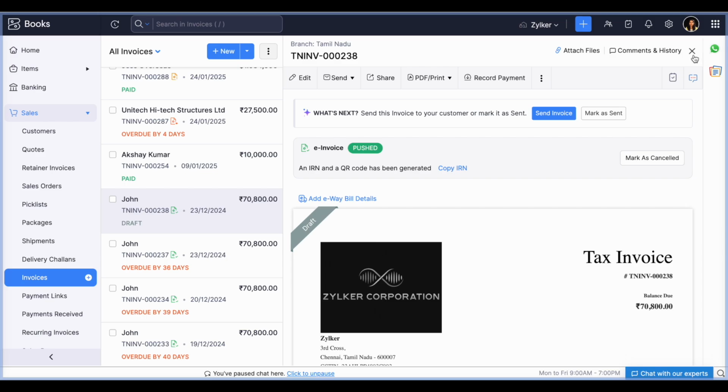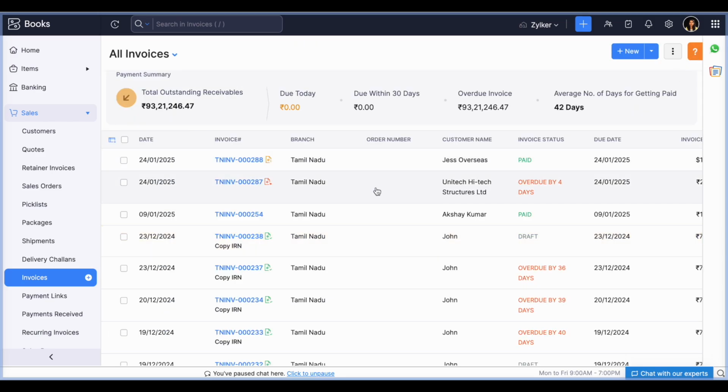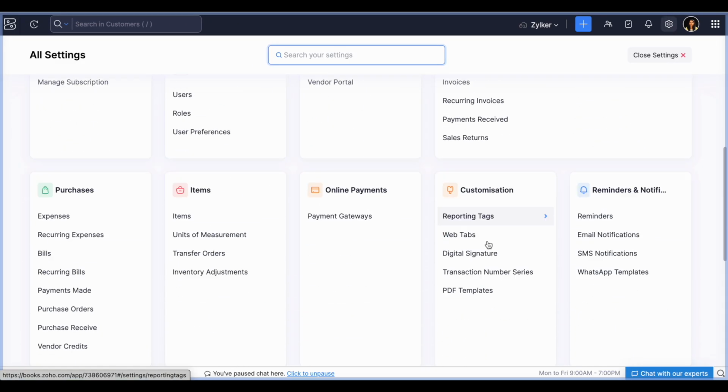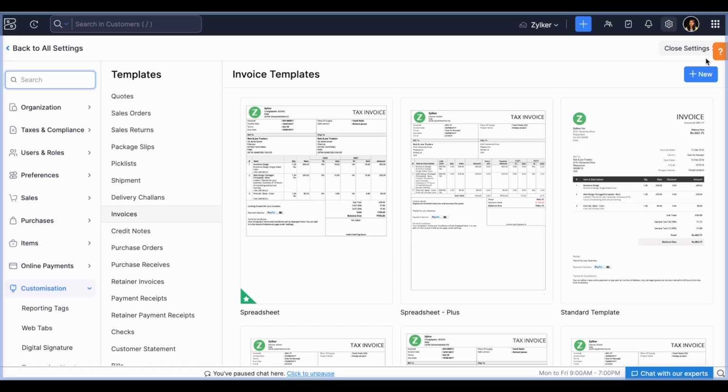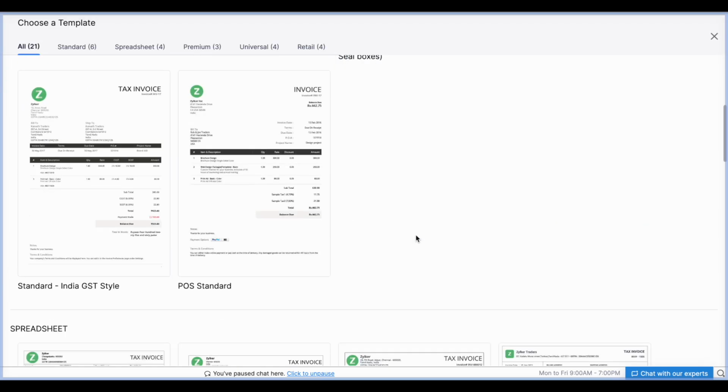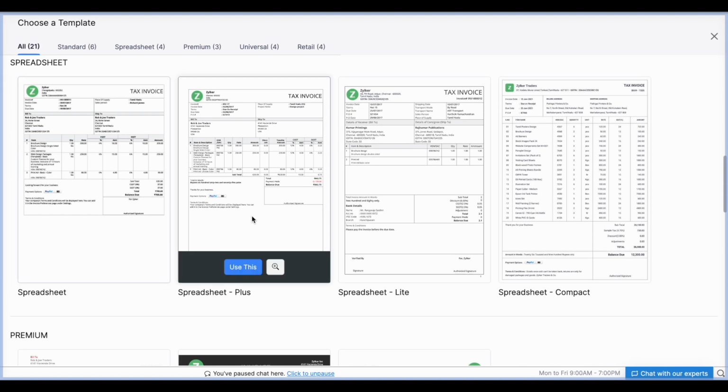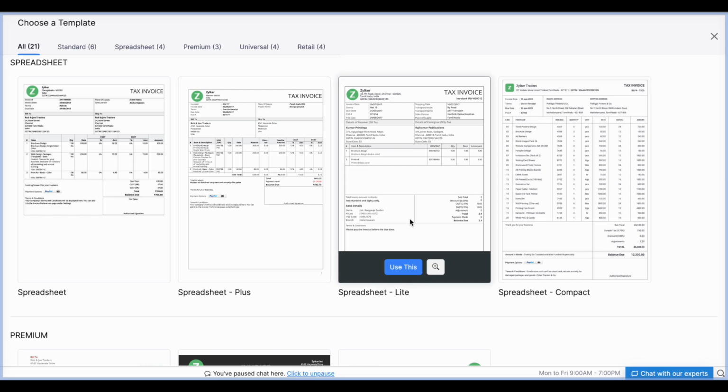For users who are applicable for e-invoicing, we are now providing options to display their dispatch from address. This particular feature is available in the spreadsheet template, I'll show that. The spreadsheet and spreadsheet lite PDF templates allow displaying the organization's dispatch from address.